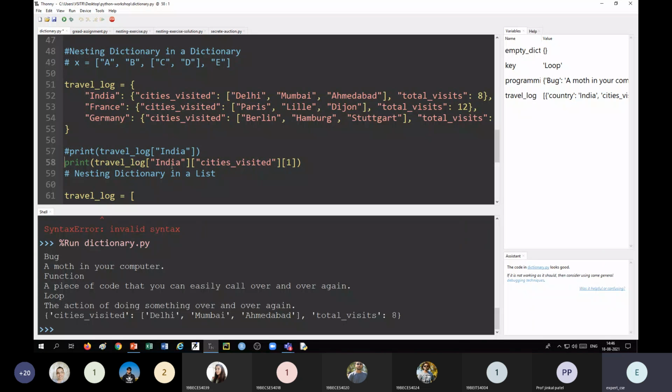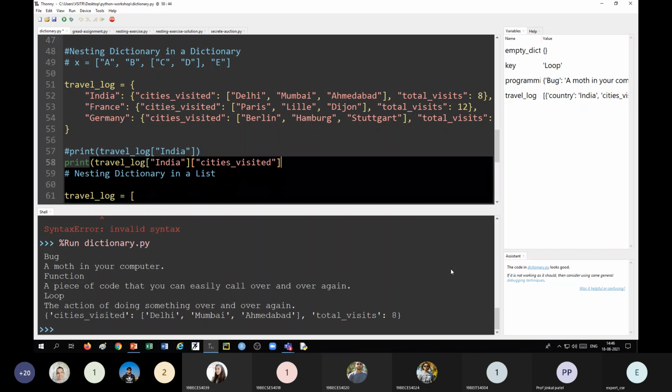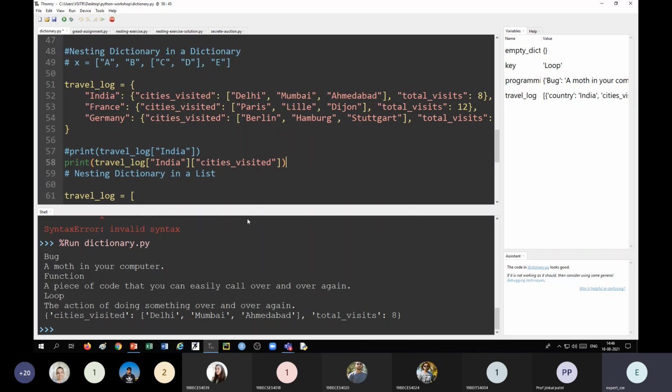Print travel log India, and cities visited is a key, so we write cities visited. So what should it print? Only the cities visited of India, right? Print. So Delhi, Mumbai and Ahmedabad.